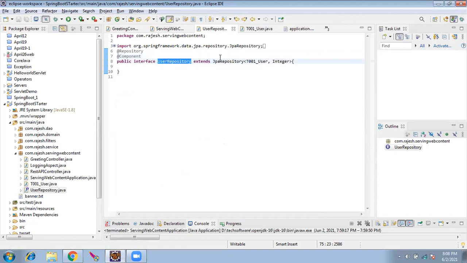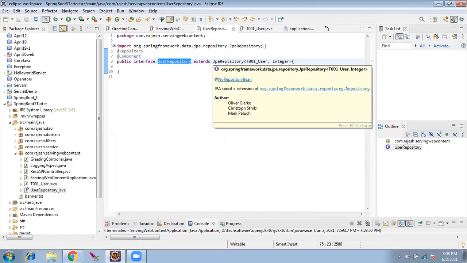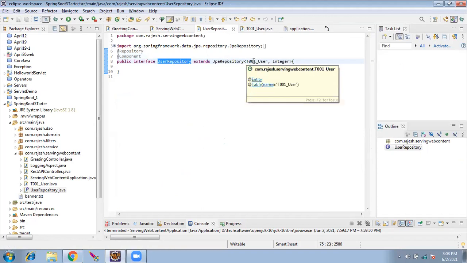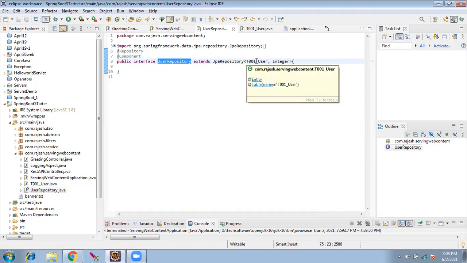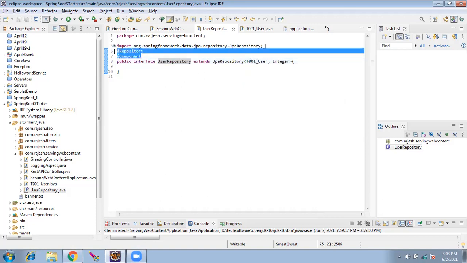This is our own interface. We extend the JPA repository and we provide the domain name, the Java class which we want to access, which we were mapping in the configuration file. Once this is done, I give it the @Component and @Repository annotations.